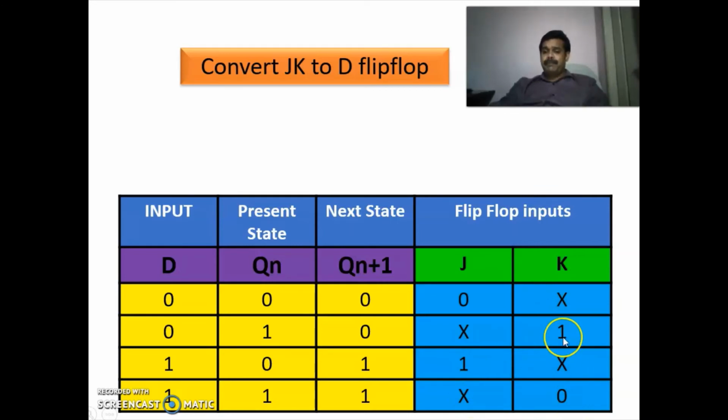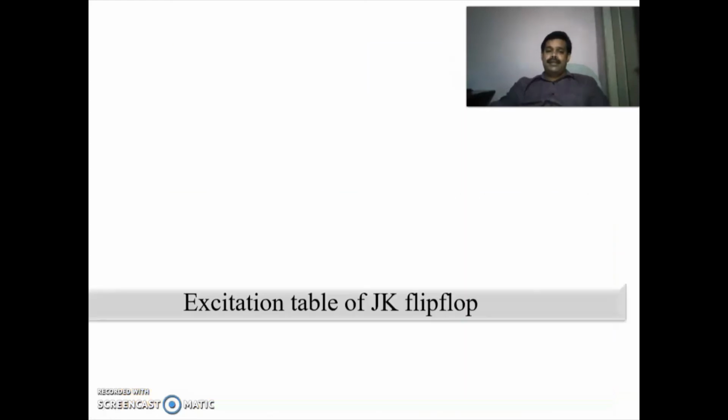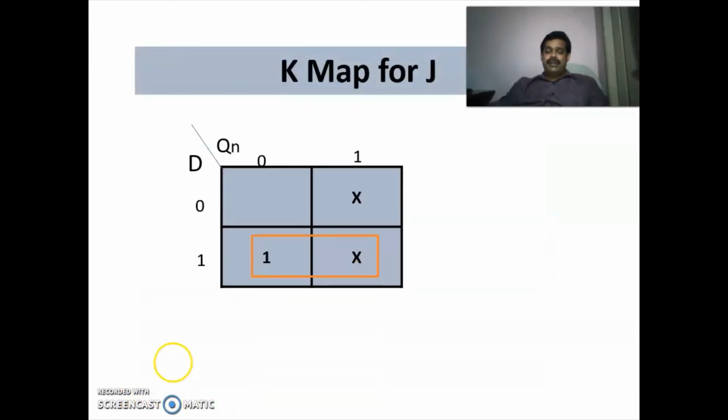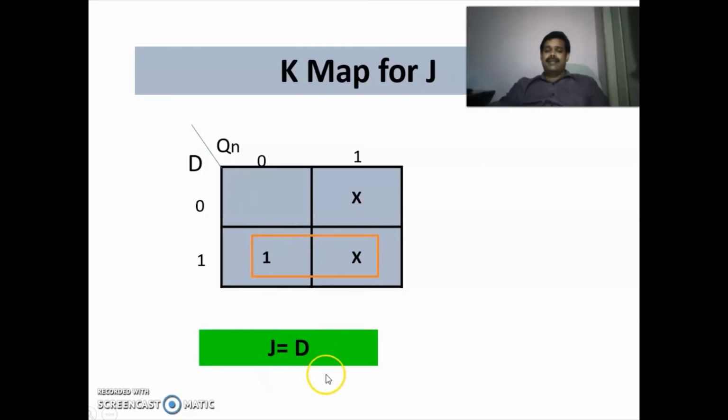Similarly for K, you have to check the column of K, and wherever you are having X and 1, for the corresponding input you have to plot 1 and X and you have to group. Okay. So this is the K map for J. So we have plotted the 1 and X. So we have grouped this 1 and this don't care, and we are getting the expression as J is